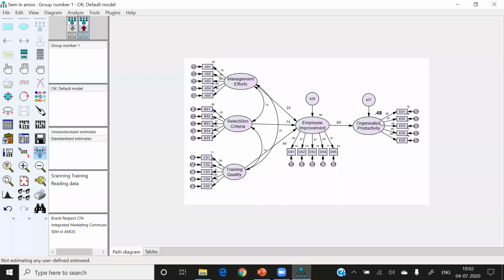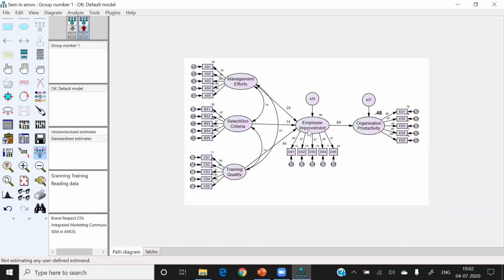But why take controversy? So better, if R square is more than 50%, then it is good, right? So I think now you understand how important this R square is in structural equation modeling. Basically, we see the R square of the dependent construct. So organization productivity is one of the dependent constructs, an endogenous construct. So its R square is important.